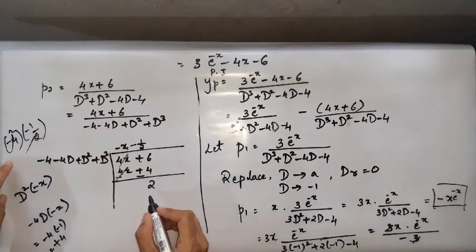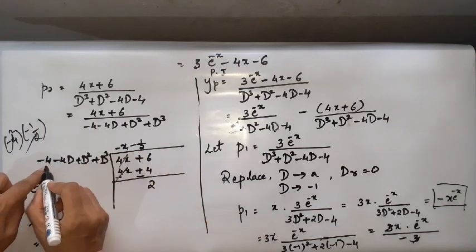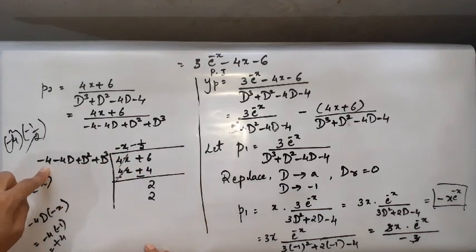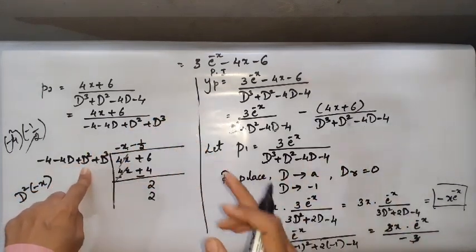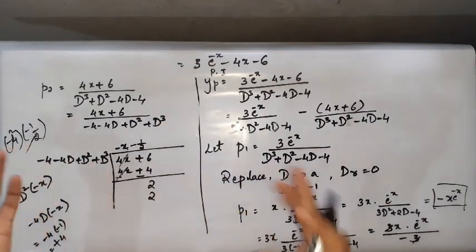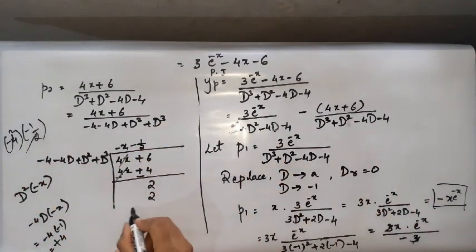Minus into minus plus, so you get 2. Just multiply: minus 4 into minus half results in 2. Next, minus 4 times the derivative of half is 0. The second derivative of half is also 0, and the third derivative of half is already 0. So we need not do anything. Simply add, change the sign, cancel this, and it becomes 0.